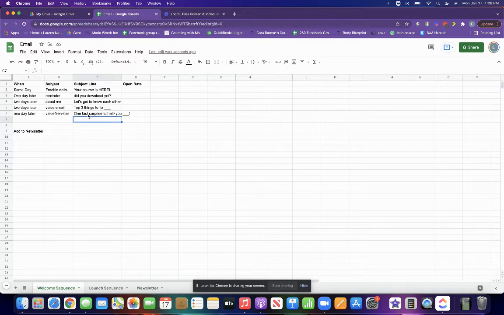So basically how you set this up is everything is automated, right? So you're going to pre-write these emails. You're going to make sure everything works. So once they opt into whatever freebie, then they're going to get these emails trickled out to them. And it's going to happen, random days for random people whenever they sign up. And so you don't even have to worry about it. They're just going to go through your funnel, and then everything happens automatically to then they will be added to your newsletter,